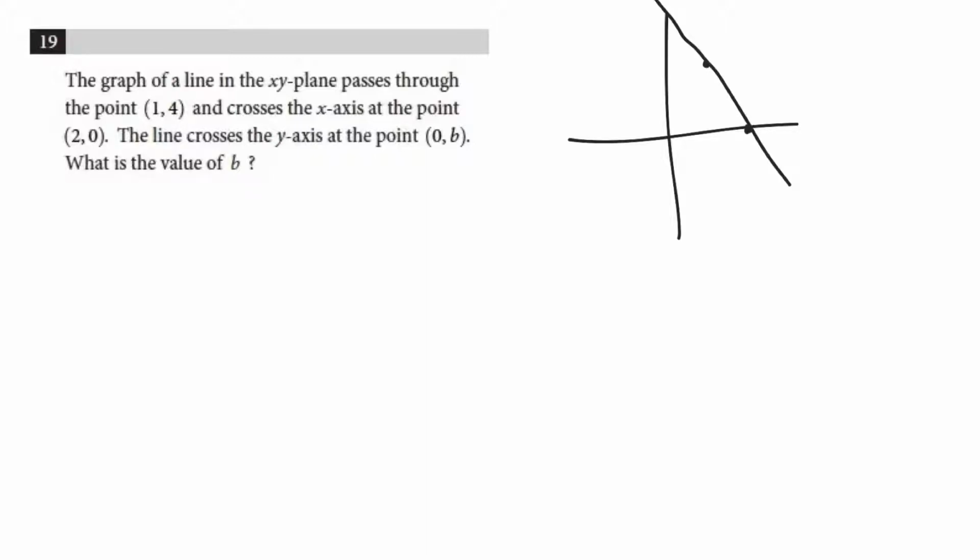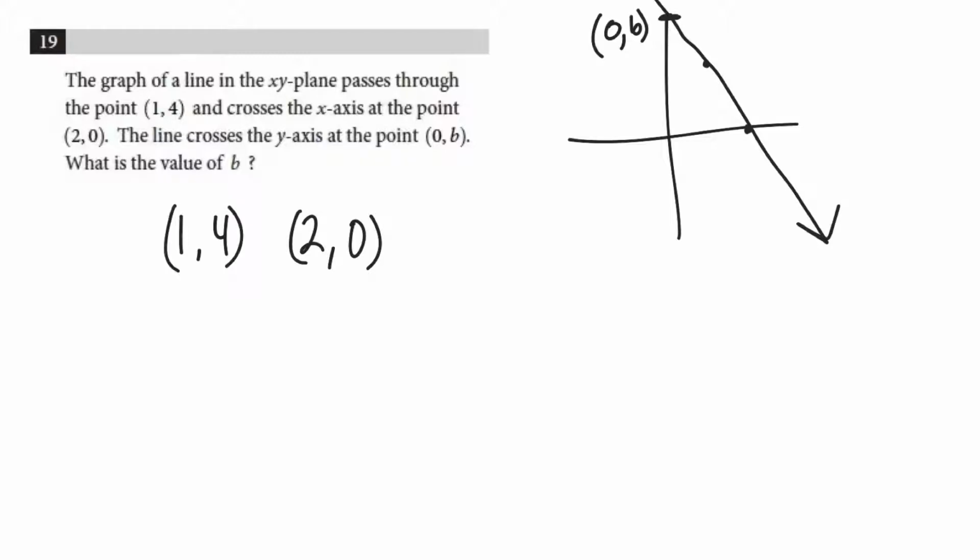So it's going to have a line coming down some in this direction. The point 0, b is going to be the y-intercept. So if we can find the y-intercept, we would be happy. All right, well, let's find the rate of change for this graph. If we're going from the point 1, 4 to the point 2, 0, we're looking for the change in y